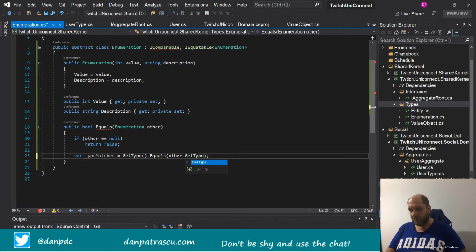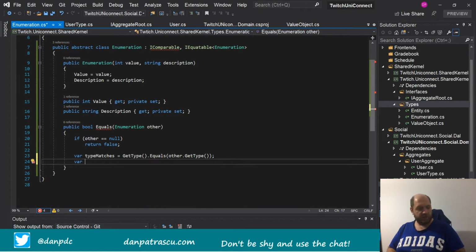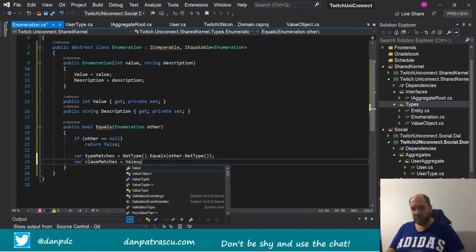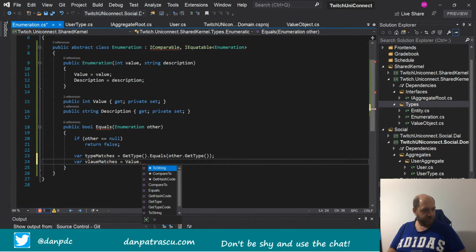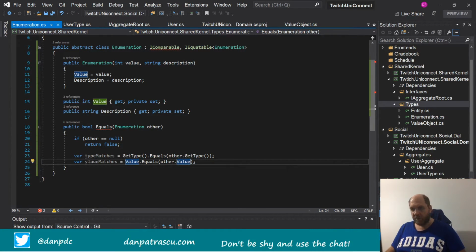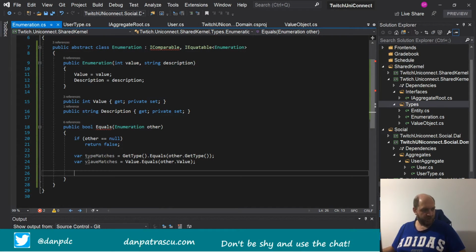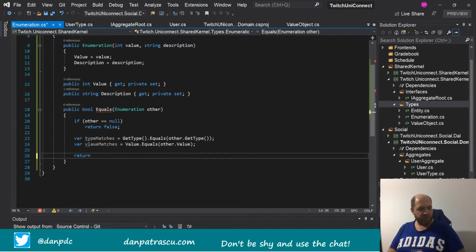So here we check that the type matches, and in enums, as it is the case also with the regular enums in C#. The other condition for equality is that the value matches, and here it would be okay. We say that the value of the current enumeration equals other.value, and that should be it. And then we have to return a logical operation on those two, and we see that if the type matches and if the value matches,